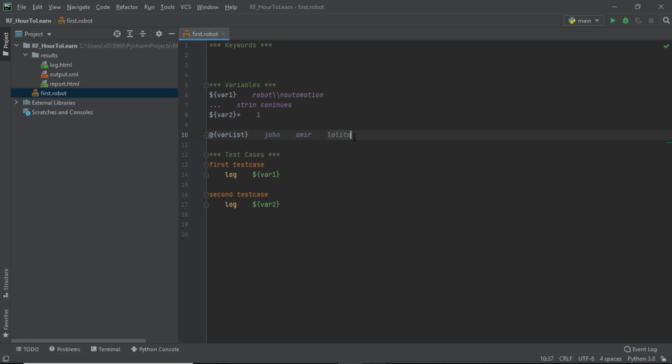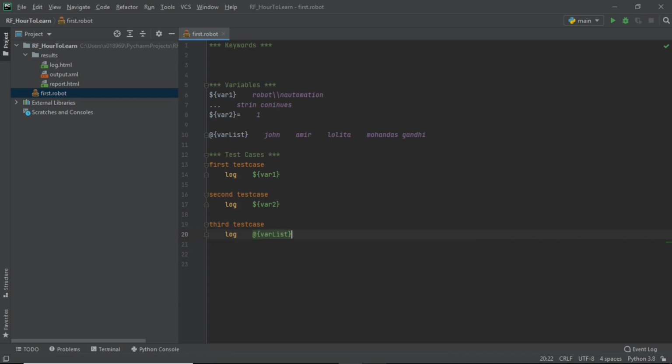If you are going to provide only one space, for example, let me provide a value with one space. Now I have provided only one space here. Let's look at how we refer to these values. Okay, let me create one more test case. Log. Now you can refer to the value at